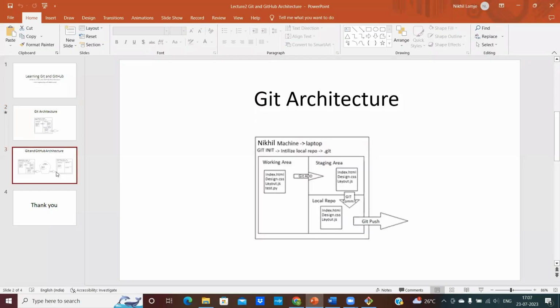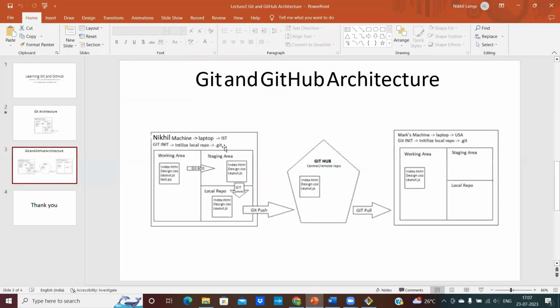So as we can see in the Git and GitHub architecture, this text.txt can be accessed only by us who is using this machine. To make it accessible to everyone, we need to push that to a central repo, which is GitHub. For that,